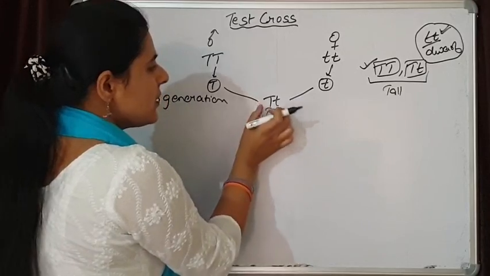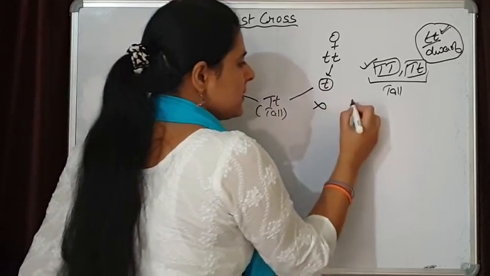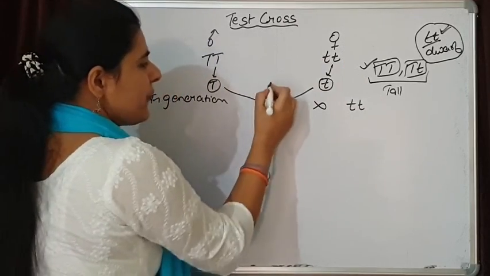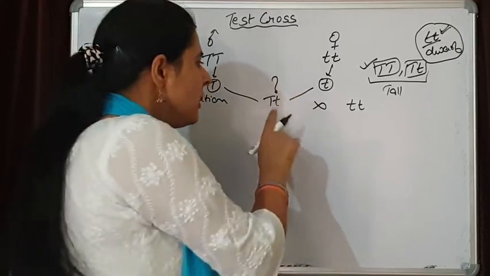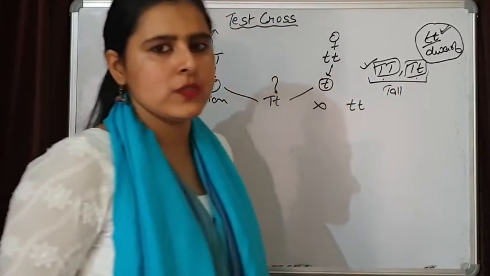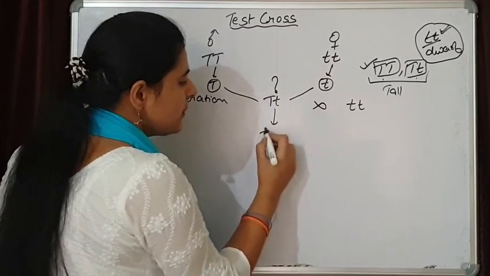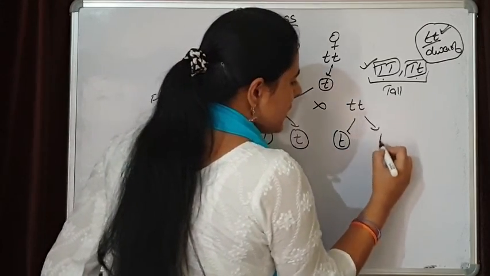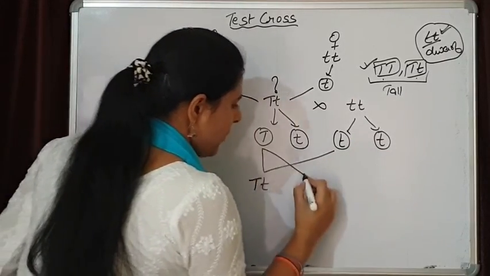Now this test cross is done between this F1 generation and the recessive parent. So here we are finding the genotype of this F1 plant. This is tall, but we do not know whether this is homozygous or heterozygous. So it is crossed with the recessive parent. The crossing procedure will be the same. Here two types of gametes are formed, and this plant is going to produce gametes of only one single type. If we are crossing them, the possibilities are